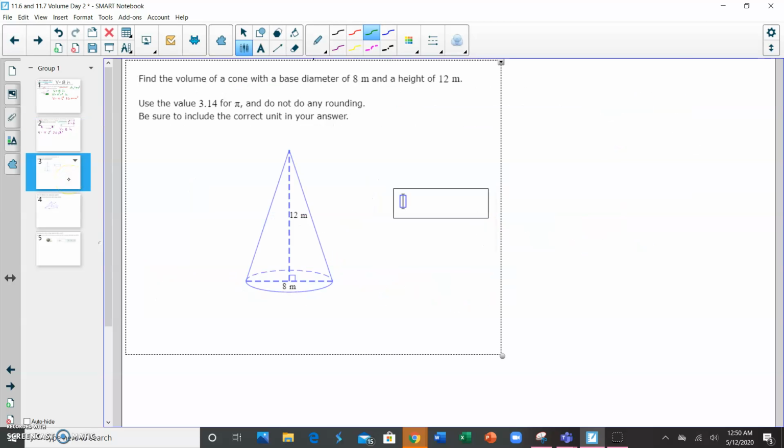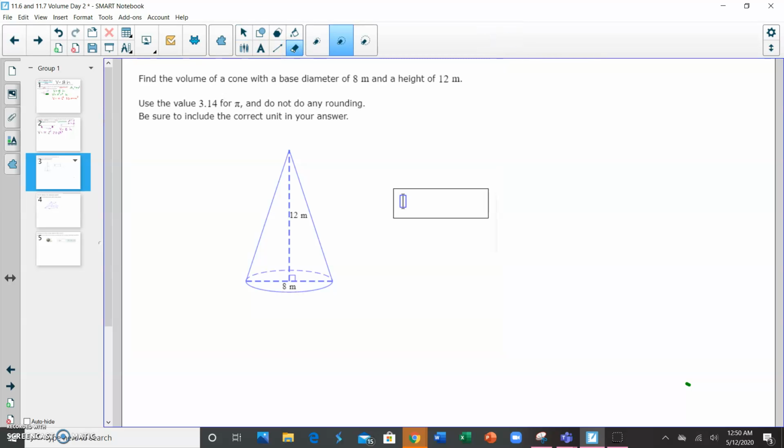Okay, so next we have a cone. Okay, so what is the volume of a cone? Now you may not know this, but if you had a cylinder that was 8 meters in diameter and 12 meters tall, you could actually take this cone here and flip it upside down, and you could fill that up with water